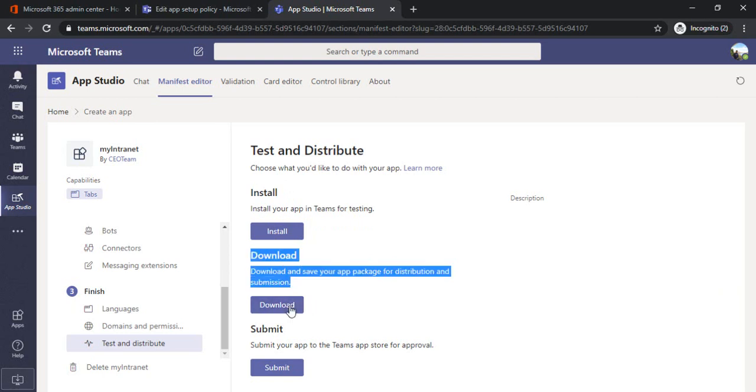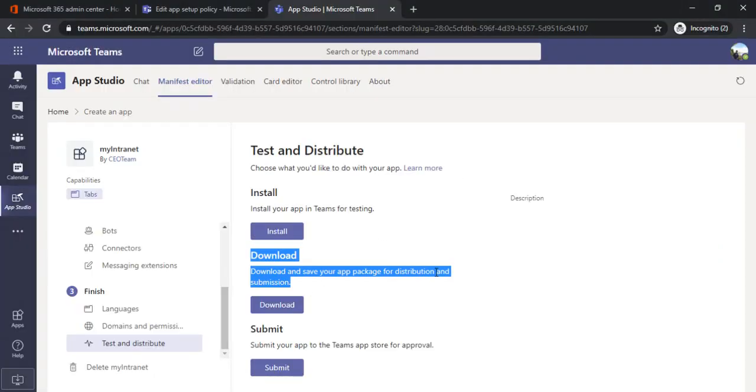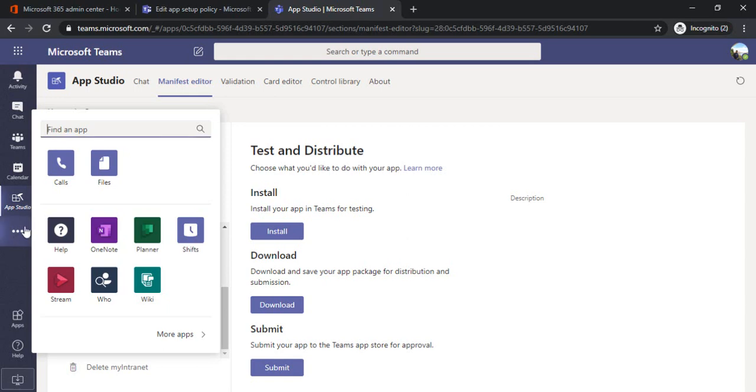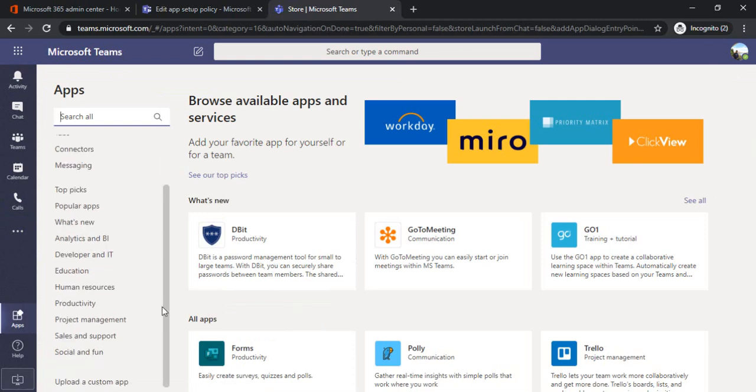So I'm just downloading this app, so it will download my app to the download location. And now I will go back to my Teams, and again under more apps I'll upload whatever we have downloaded.